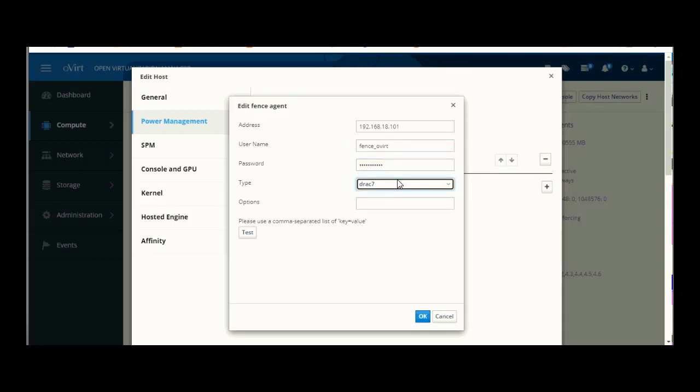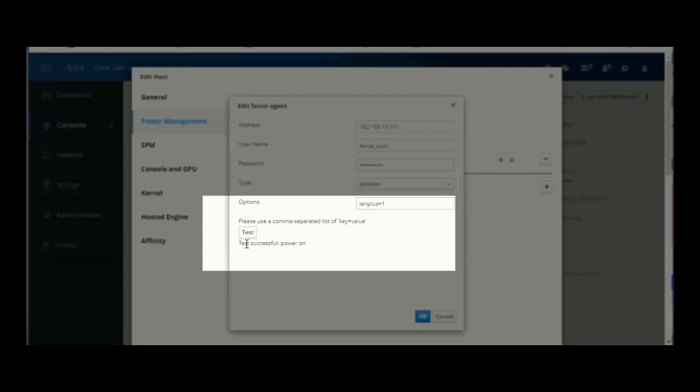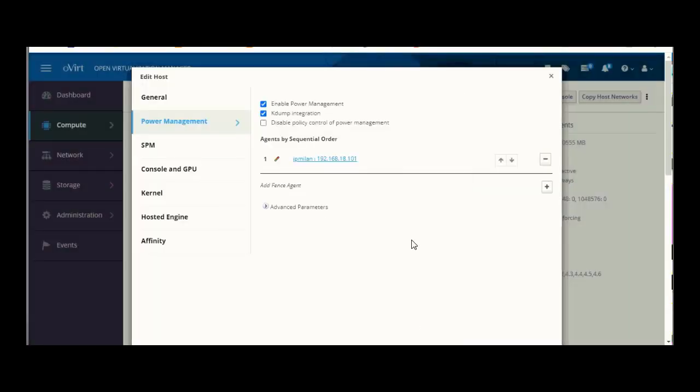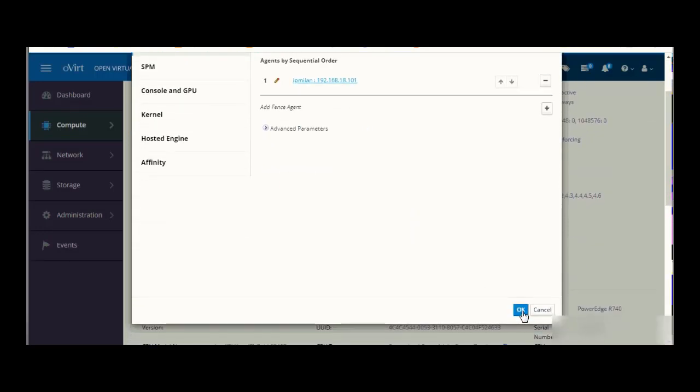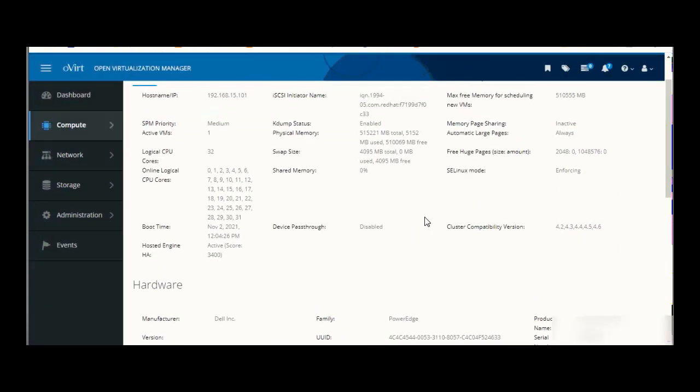In the type section select IPMI, and in options select the lanplus=1 value and hit the test button. It should give us the test result that it successfully powered on. If the power is off, then it returns the power off status.